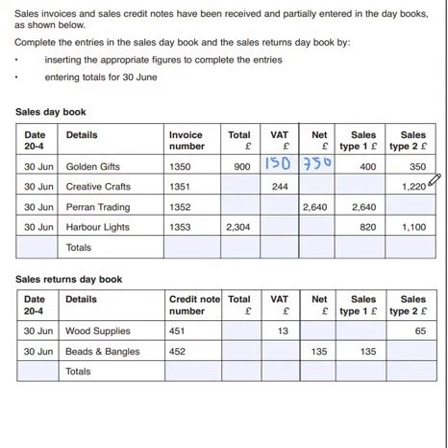So the next one we've got here is our sales. We've only got sales type 2 in the column there. That would be the net figure. So if I work out what would be our VAT on 1,220 times 20% gives me 244. So I know there's going to be nothing in the sales type 1 figure. The net figure is still going to be the 1220,